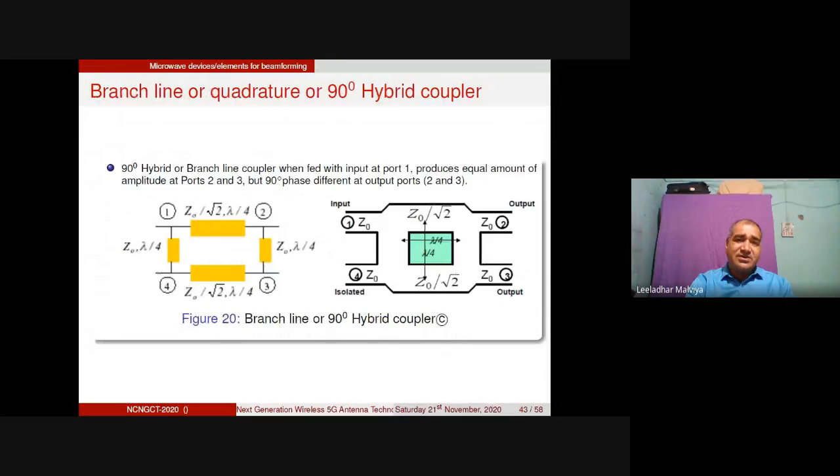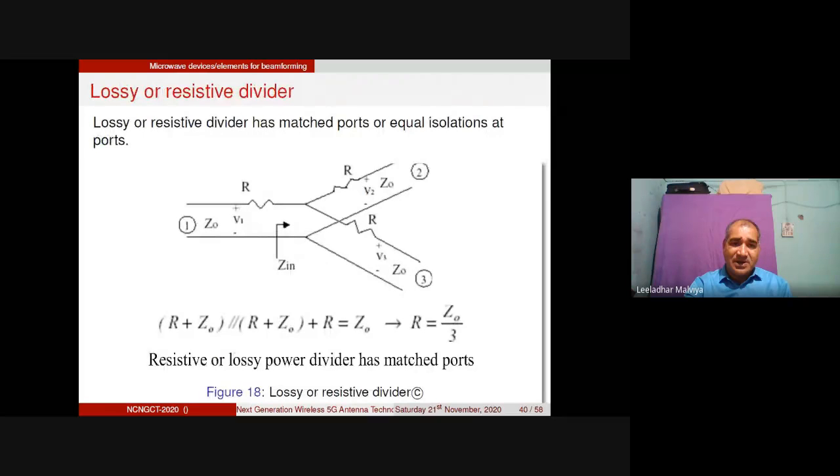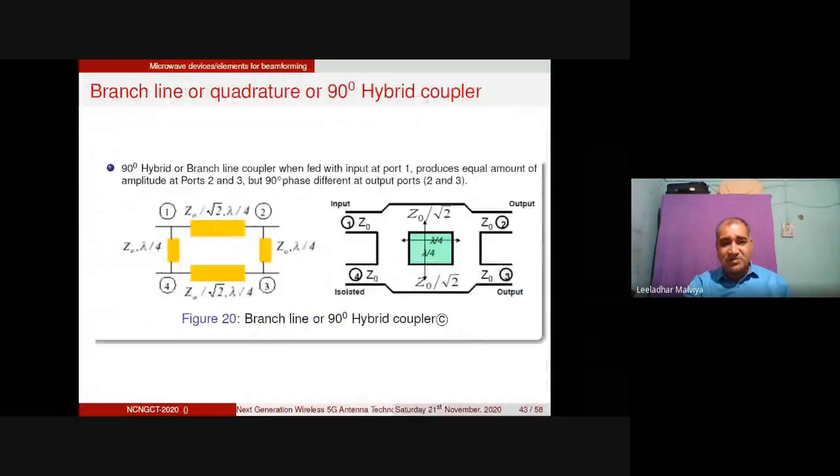If you look at another element of beamforming, we have the hybrid couplers, right? Hybrid couplers are combinations in a particular shape so that 90-degree phase shifts can be provided at different ports, right? These are 4-port elements. Earlier we used 3-port power dividers, right? The Wilkinson power divider was also 3-port, and the branch line coupler or quadrature coupler are 90-degree hybrid couplers. These use 50 ohm and quarter wave sections, right? A particular phase is created here so that the 90-degree phase can be seen at the output ports.